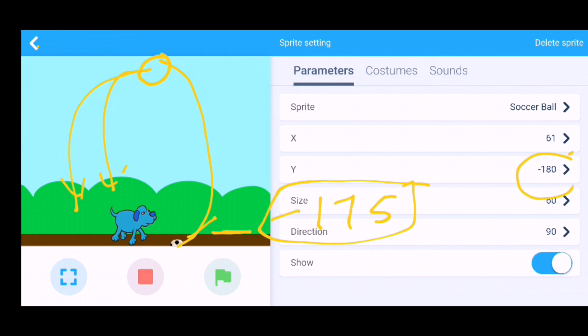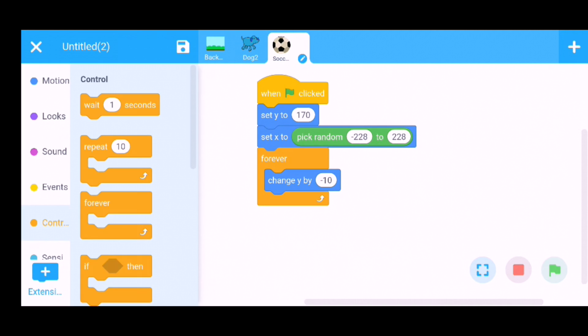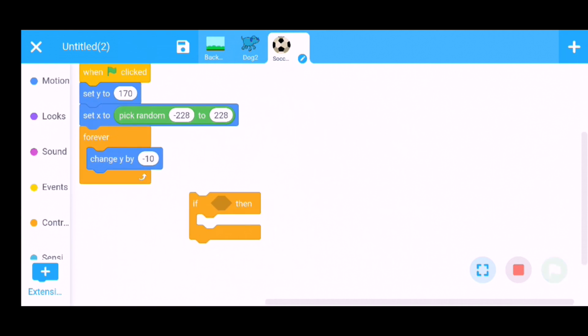Okay, for this purpose, use the if then command and put the condition here.